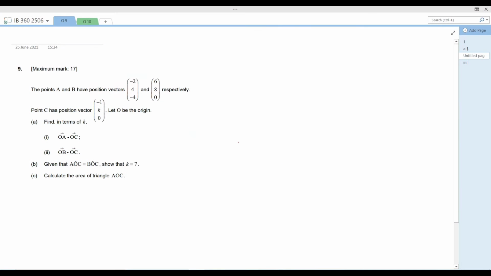So it is proved. Now if it is proved, then the C vector is coming out to be 1, 7 and 0. Now we need to calculate the area of triangle AOC. So if this is the triangle, here it is A, it is B, it is C, and I am joining these lines so that we can create a proper triangle. So we need to find out the area of this triangle. For this we will need to use the sine formula.